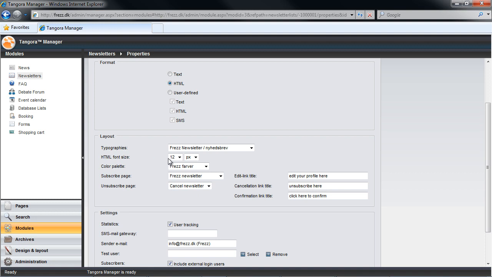The next option you have is what basic font size your newsletter should be, which could be set in pixels or points. And then we have an option to select a color palette, which is another design tool that could be leveraged here. If there's nothing selected here, the system's default color scheme will take effect, but in many cases it could be advantageous to have a distinct set of colors which are applicable to the theme of the newsletter you're sending out.